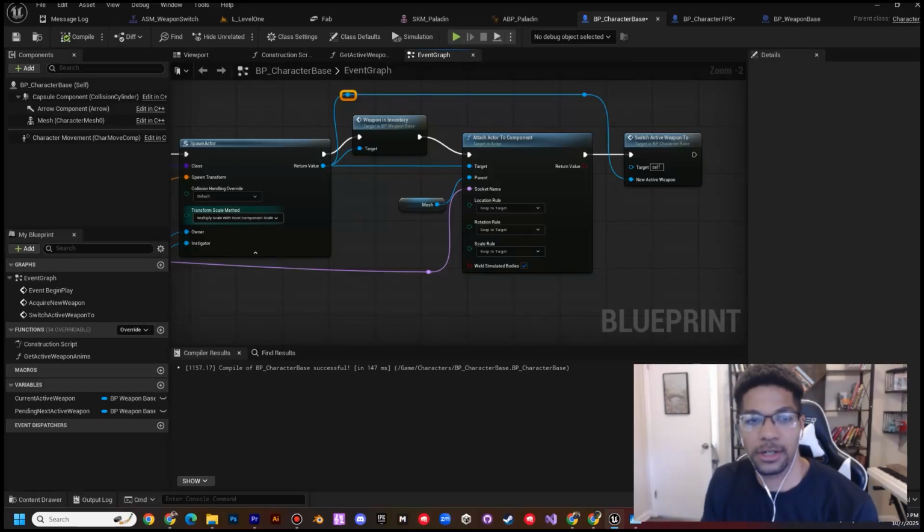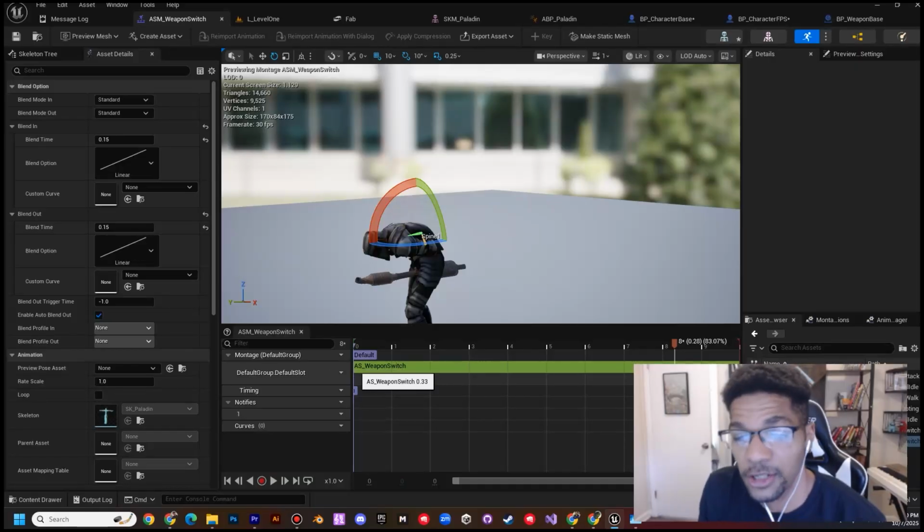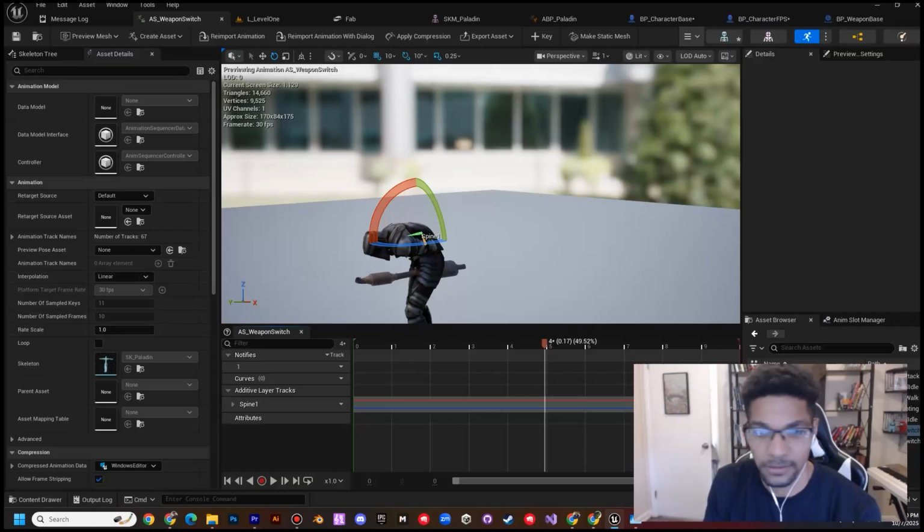Now we want to actually switch weapons in the middle of our switching weapon animation. So we're going to use a notify in our animation sequence. So not in the montage, but in the sequence. So I'm just going to double click on the sequence there, go to the middle. And in this notify section,